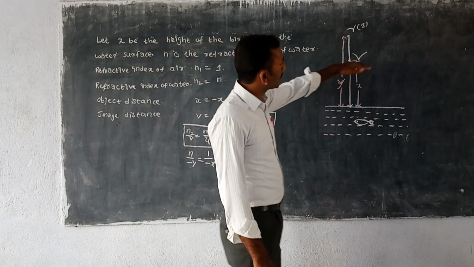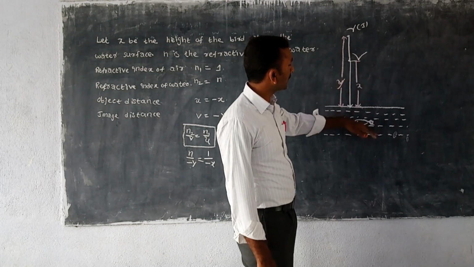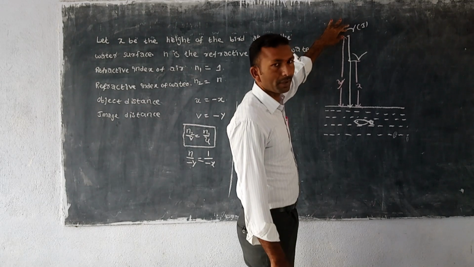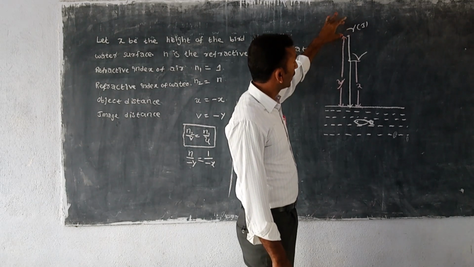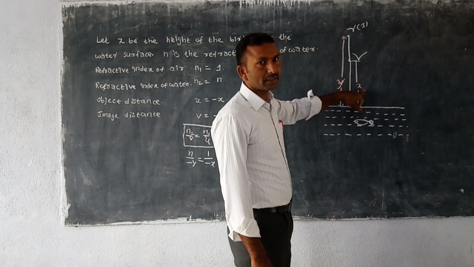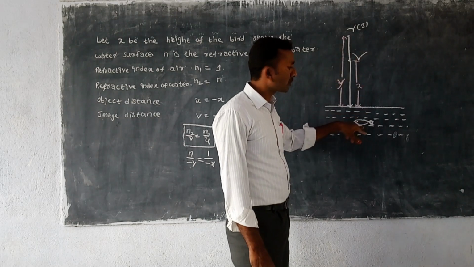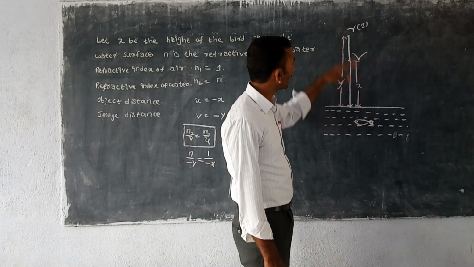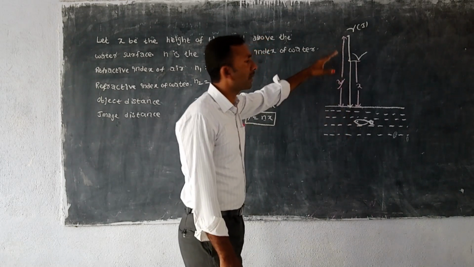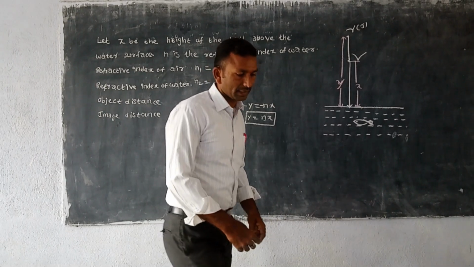Actually, the bird's position is here. Just think the bird position is here, but the fish is thinking it is from the distance y. So here the y value is greater than the x, and the bird is coming vertically downwards towards the fish. So it's already thinking it has covered some distance. That means the fish will see the bird coming with a greater speed than its original speed.